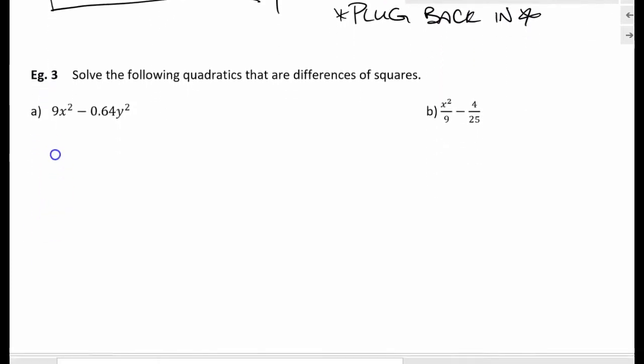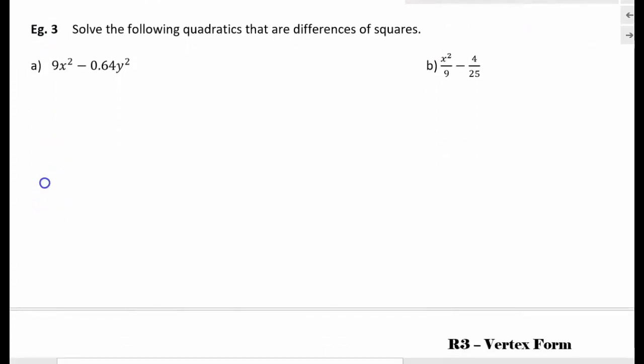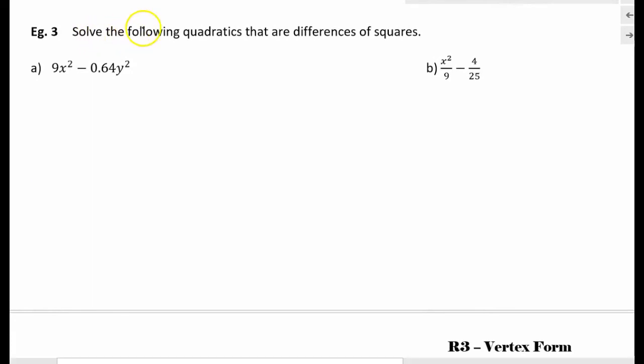Okay, our third example here is looking at solving quadratics that are differences of squares. So again, differences of squares requires that we have two perfect